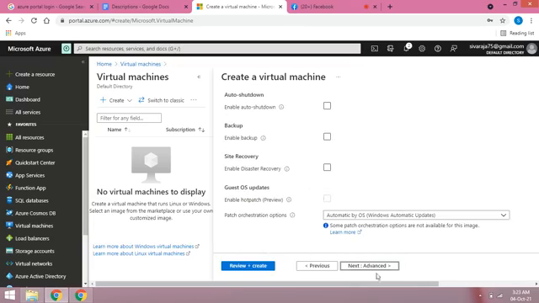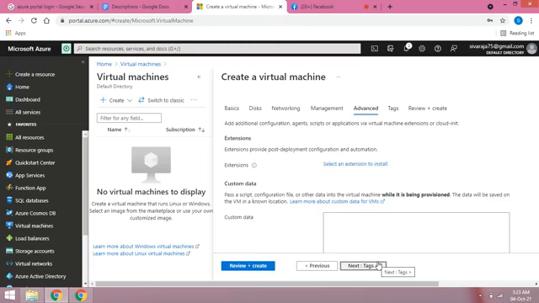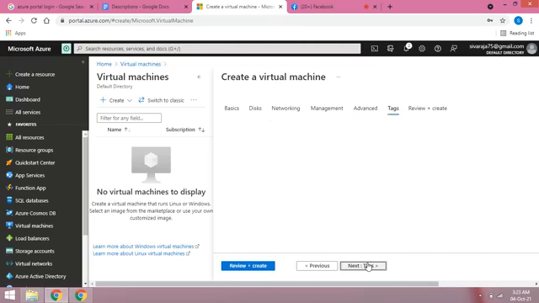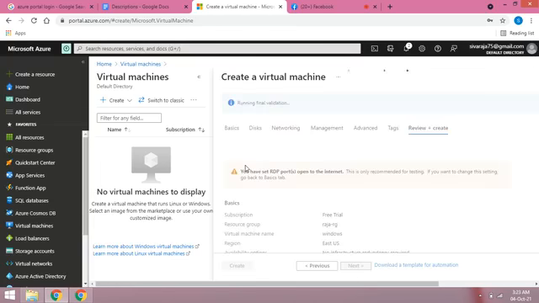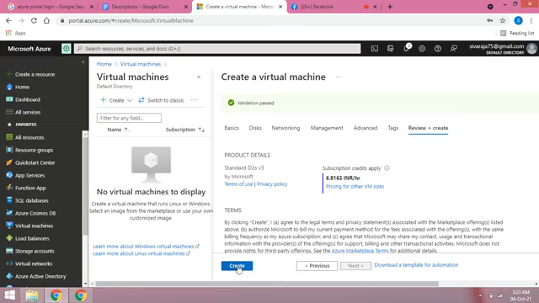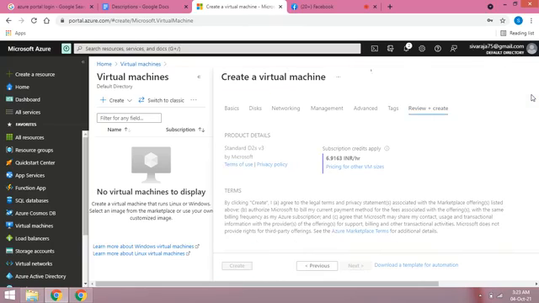These are also default options, no change. Go to review and create. Now I create this VM using an unmanaged disk.